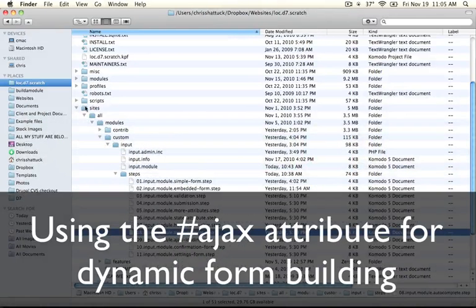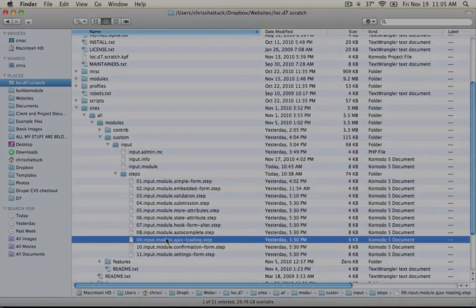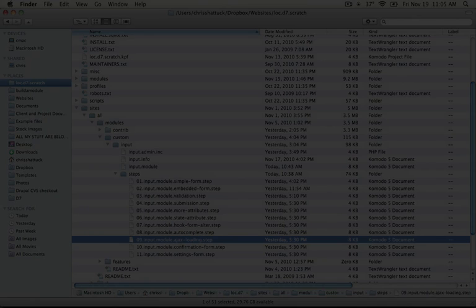Go ahead and jump to your module directory, and in your steps folder, pick step 9, Ajax loading. In this example, what we're going to do is dynamically add inputs to a form through Ajax. So in a previous example, we demonstrated how to show or hide various inputs based on the state of other